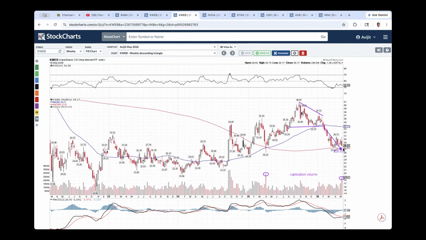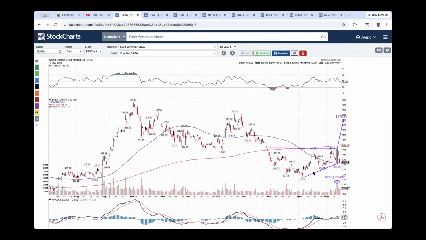So we'll have to see this particular candle on the weekly. KWEB made an attempt on strong volume, but then pulled back and closed at the lows of the week. This particular candle is a bearish reversal candle, and the bears would effectively say that this would break below 27.63, which is a possibility. A $1 move from 27.63 to 26.63 cannot be ruled out if you look at this descending triangle. So this again will be a key week to see, is Alibaba going to be able to break out from its ascending triangle pattern and move towards 176?